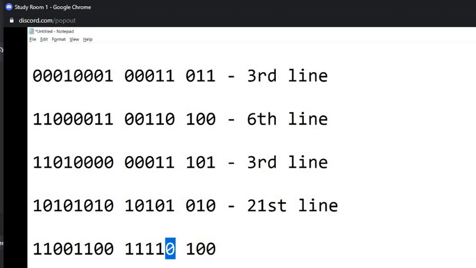This is 0. So we will use this one to denote the line number, right? So this becomes 2 to the power 0. This is 1 anyways, so this is 2. 2 plus 4 is 6. Right? 6 plus 8 is 14. And 14 plus 16 is 30. So we get the 30th line. Right? And in this scenario, since it is 5 bits, we will never get anything more than 32. I think we won't get anything more than 32, because even if this one becomes 1, we'll only get the 31st line.